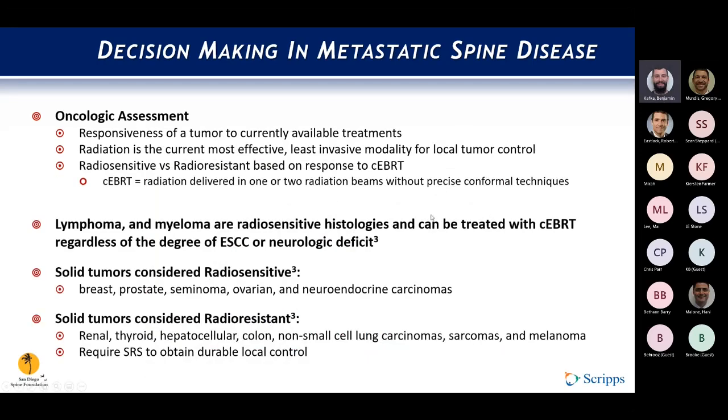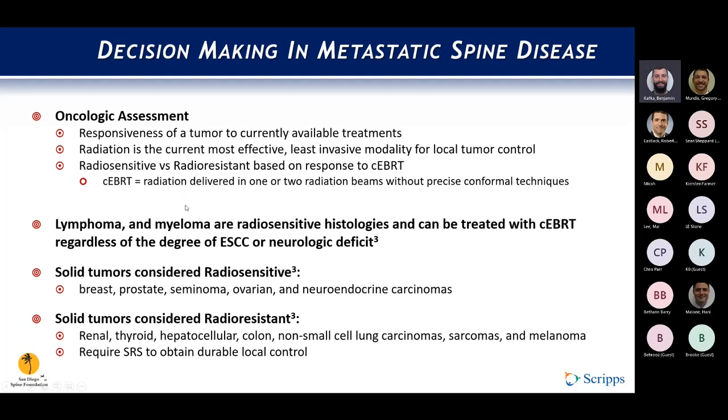Next is the oncologic assessment. And in order to do the oncologic assessment, you have to have tissue. So when you find one of these patients, if you have a new diagnosis of metastatic disease, it's important to talk with the oncologist and see where a biopsy needs to be obtained so that you can have tissue and make this assessment. If you have a patient with known primary and newly metastatic disease, it's also important to talk to the oncologist to see if a biopsy is warranted, which may lead to the diagnosis of new mutations that may change the availability of chemotherapeutic or targeted therapies that may change their overall survival.